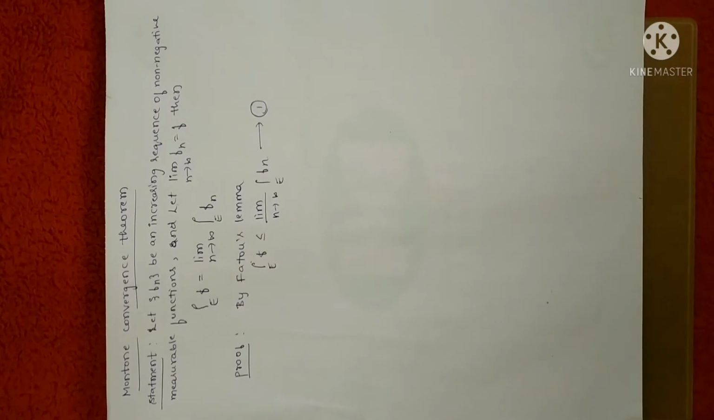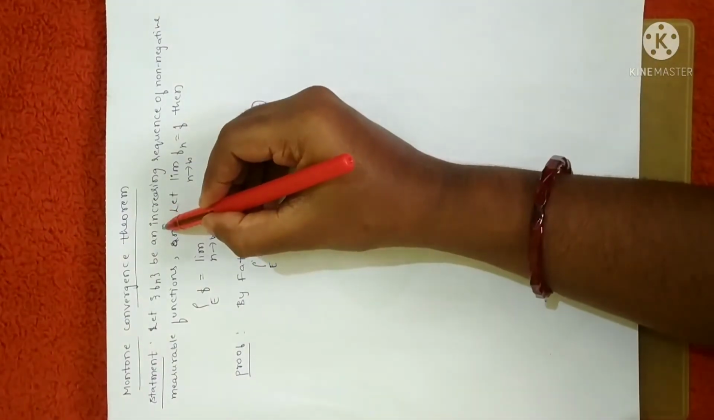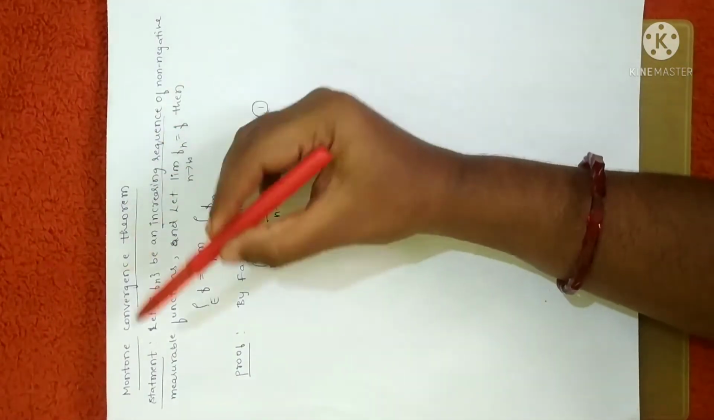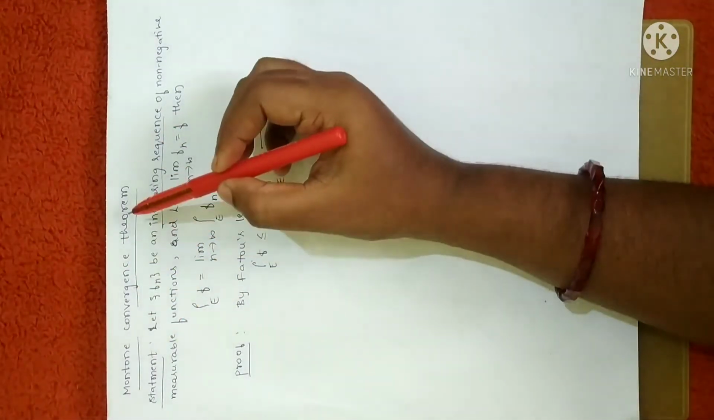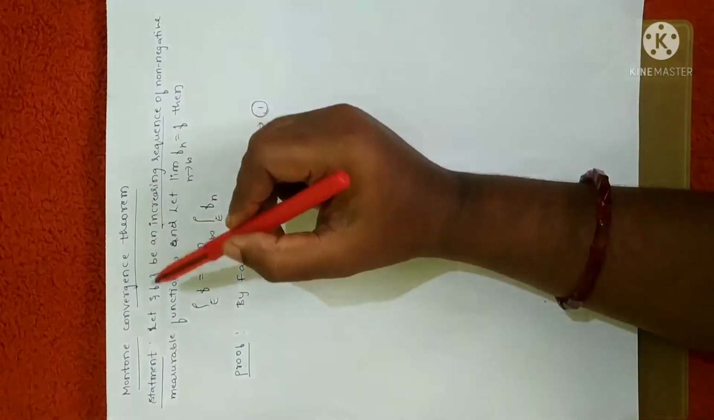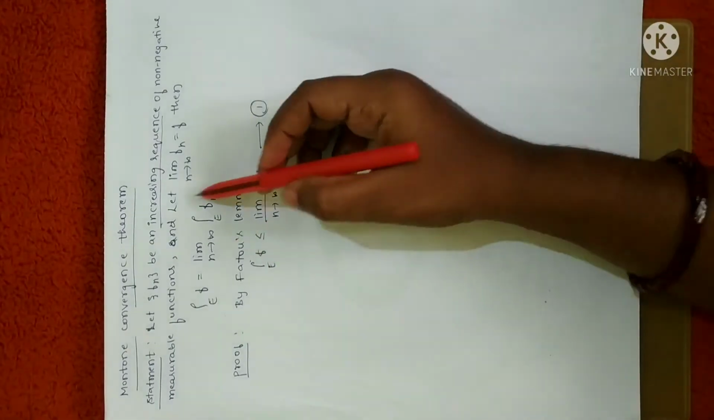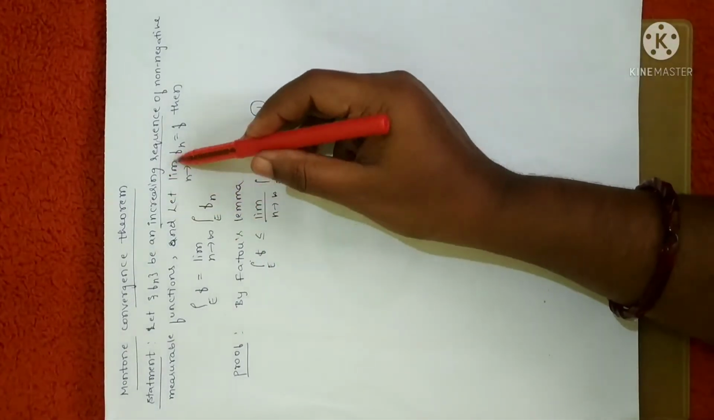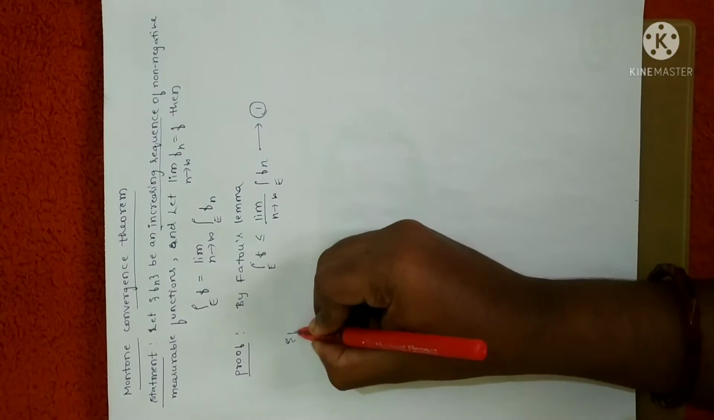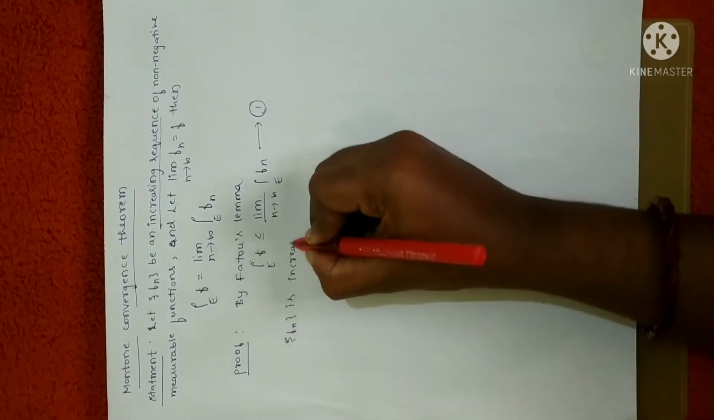Clear? And one more important thing is that in the statement it is clearly mentioned that fn is an increasing sequence. Wherever the monotone convergence theorem is used, it is applicable only for an increasing sequence. It cannot be applicable for a decreasing sequence. Anyhow, I'll give you a counter example for this. Let me explain first. Since it is an increasing sequence,